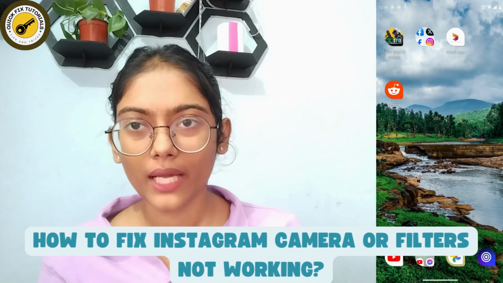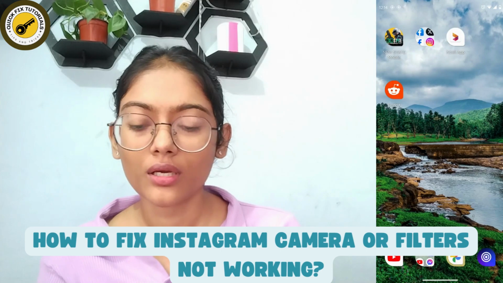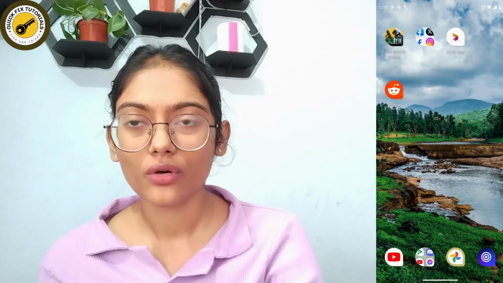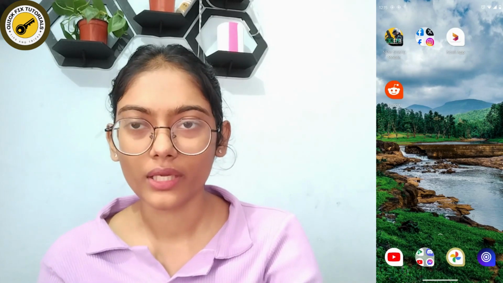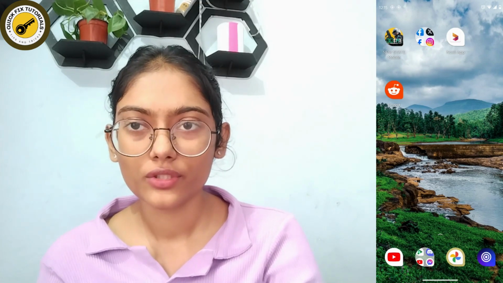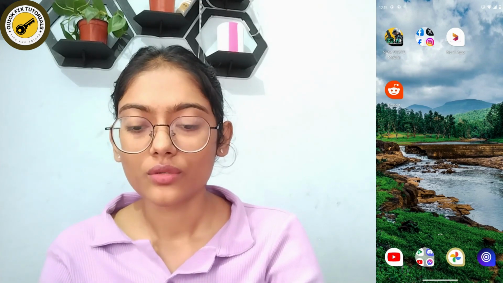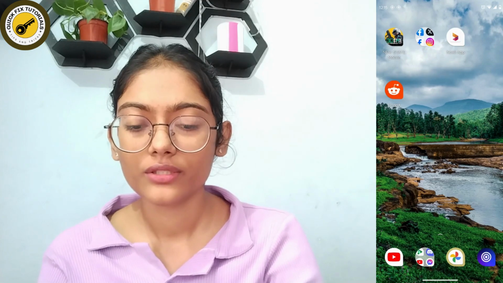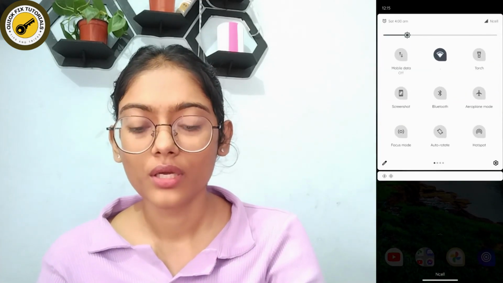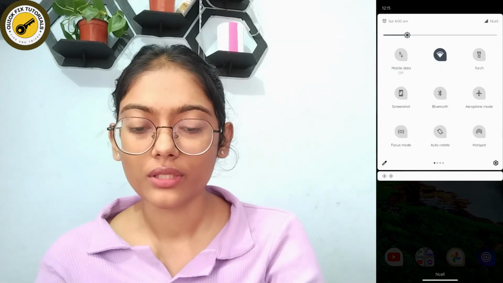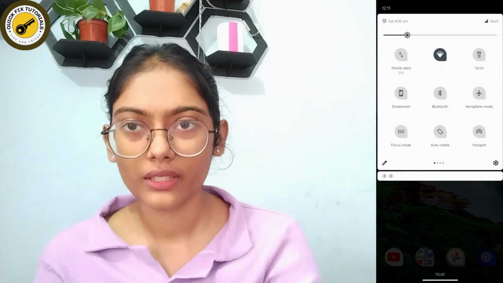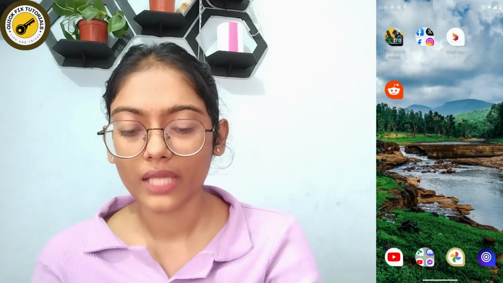To fix Instagram camera or filters not working. So if your Instagram filters or Instagram camera is not working, then the first thing you need to check is your internet connection. So if you don't have a stable internet connection, then you might find this kind of problem. So first check your internet connection, and even after checking the internet connection, if you still don't fix that issue,